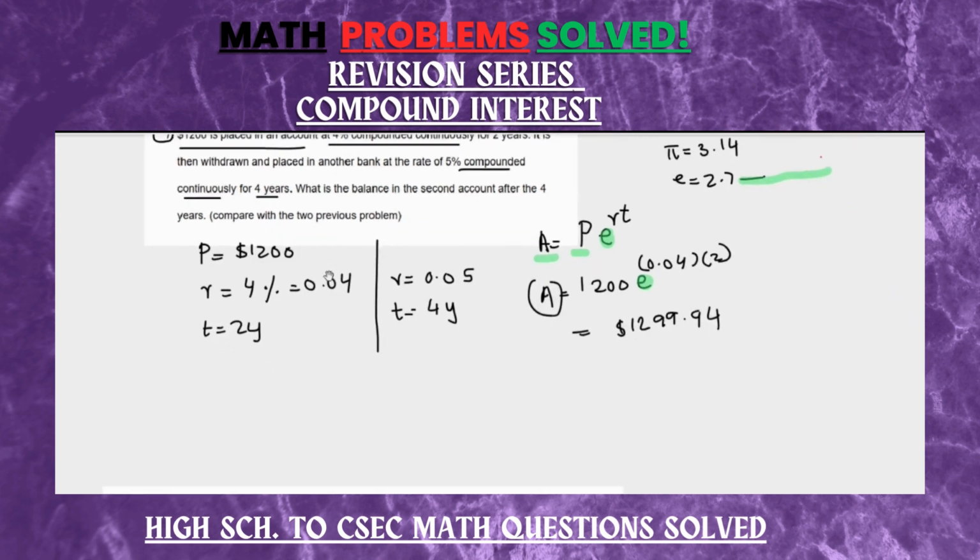To find the amount for the second period, you have to use the same identity. A equals P times e to the power of RT. But this time, what will be the principal? Because this is compound interest, you will use this amount as the principal for the second period, right? So it will be 1299.94. Then e to the power of R. What is R for the second period? The rate is 0.05. And how many years? The period is 4 years. So you will put 4 here, right? And when you use a calculator to find this value, you will get